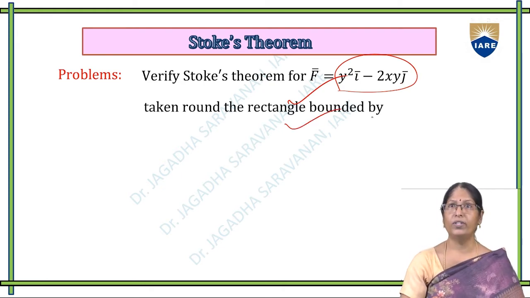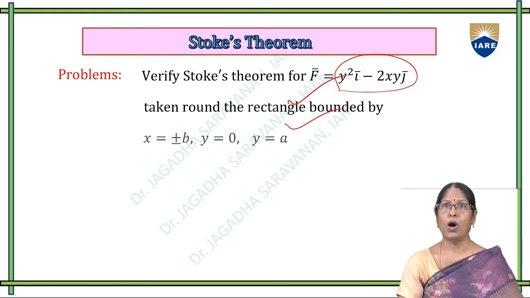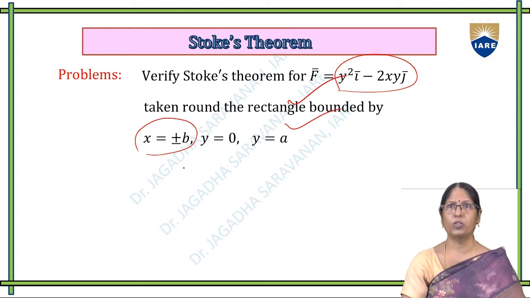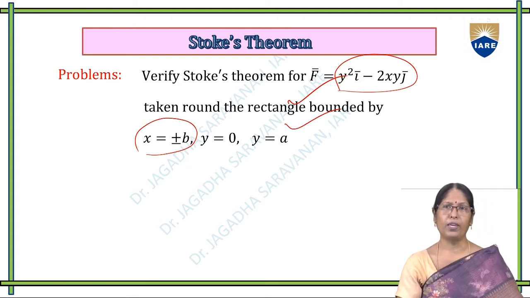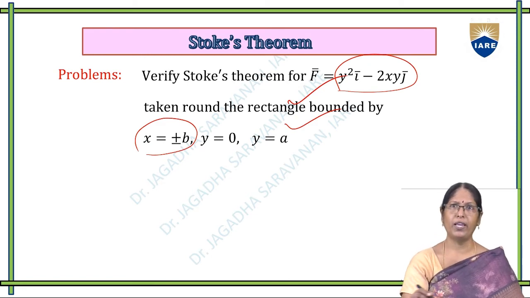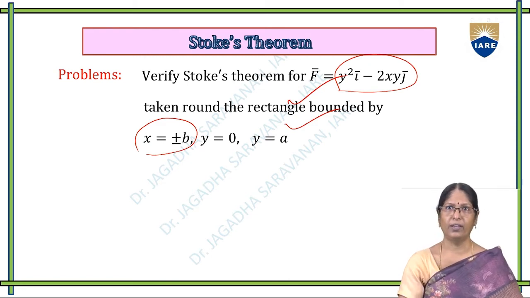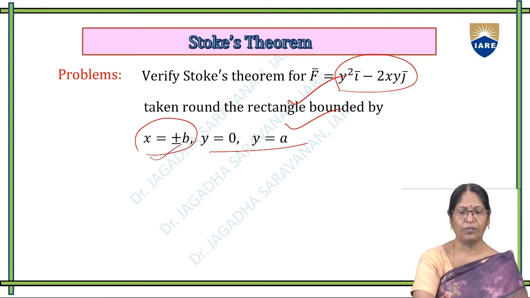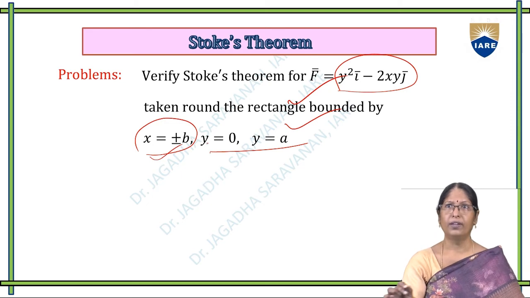Taken round the rectangle bounded by x equal to plus or minus b. That is, plus b is a point on the x-axis and minus b is a point on the x-axis. y is from 0 to a, and x is from minus b to b. This is the condition regarding the bounded region which is given in our question, and we have to verify Stokes'